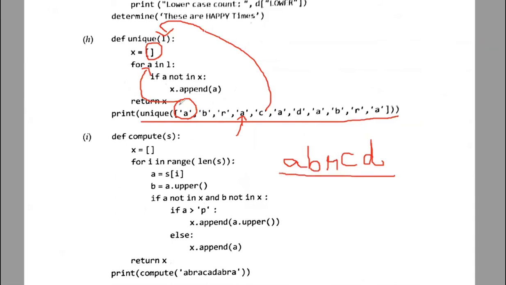And how will it get printed? What is X? X is nothing but a list. I am appending each and every value, so it will be in the form of a list. Each and every character will be an element. Here each character will get appended and this will be the element. So there will be a comma and it is a list.